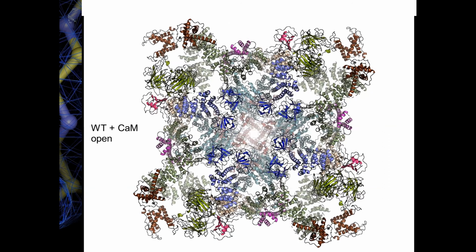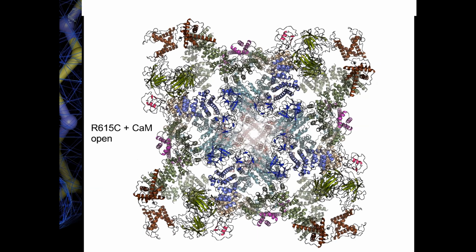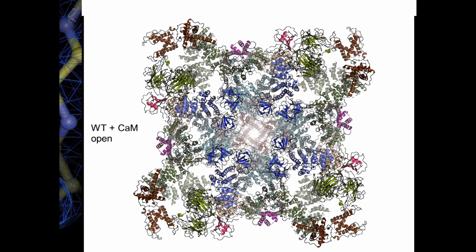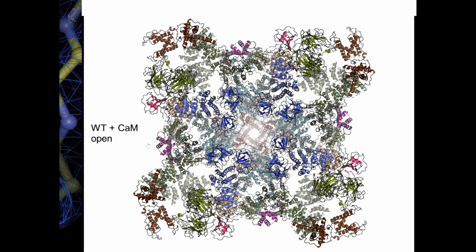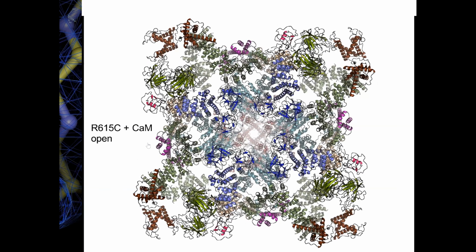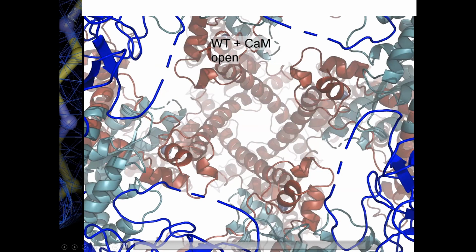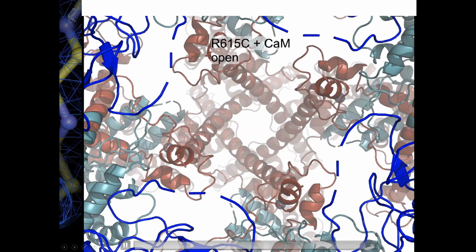Okay, now let's look at the open state. So let's toggle between structures of an open wild type and an open mutant. And I'm just going to show here the top view. And bottom line is that if you have a hard time figuring out what the motions are, that's okay, because the motions here are very subtle. And in fact, any tiny thing that you see here might actually just be explained by differences in resolution. So in the open states, there is actually very little difference between wild type and mutant.